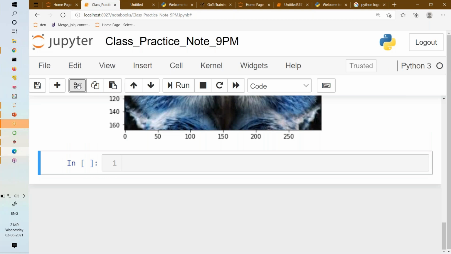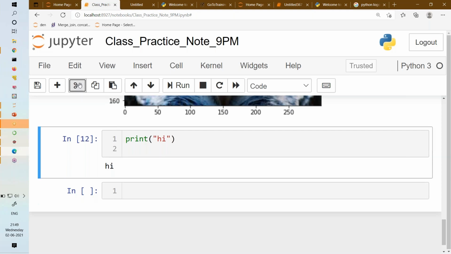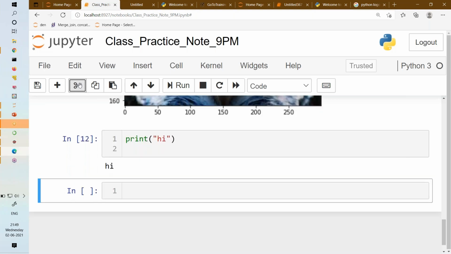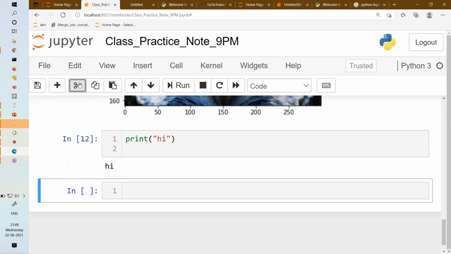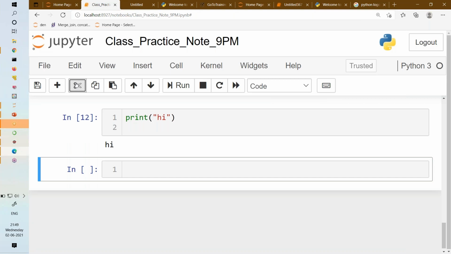And you can always type Z to undo. Let me again repeat. This scissor will delete. By mistake, if you have deleted, Z will undo. Again, let me delete. Scissor, delete. Only press Z on your keyboard, and it will come back, right? You want to add one more cell, plus. So adding a cell is plus, deleting a cell is scissor, and then to go back, Z is undo. I think this much is enough.